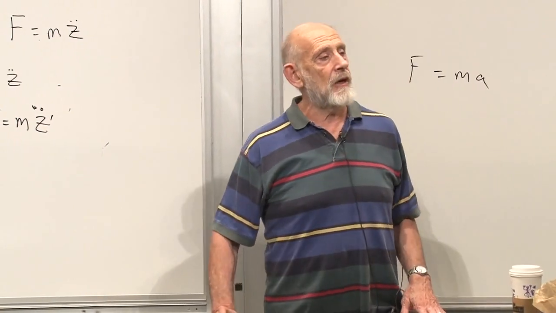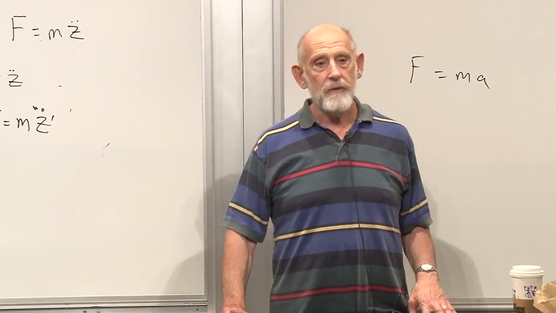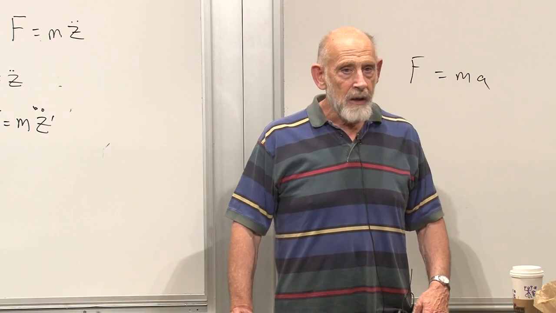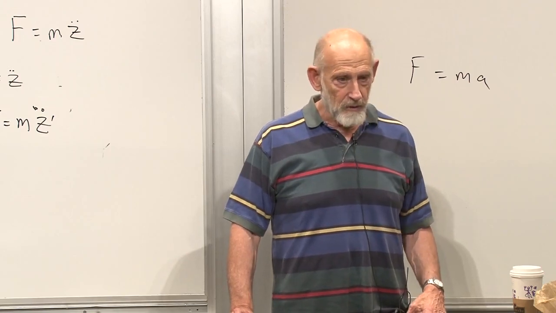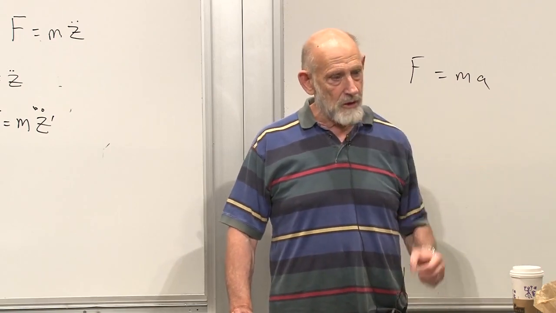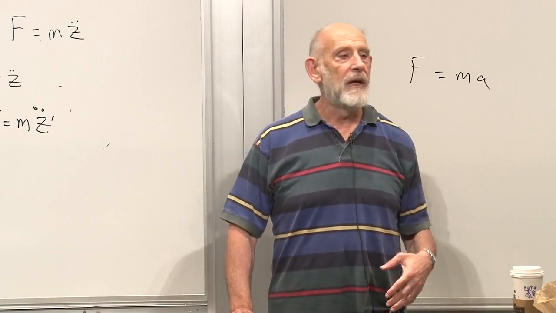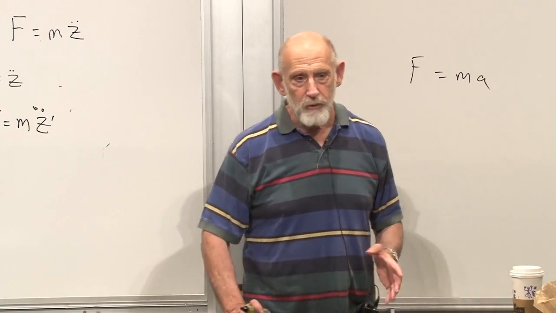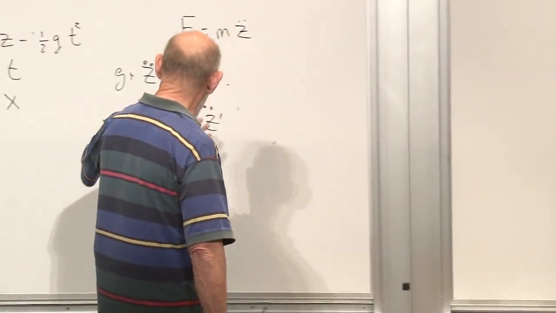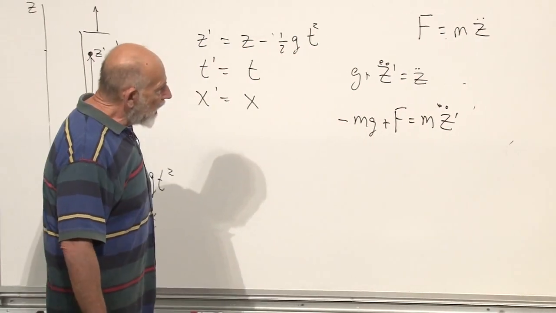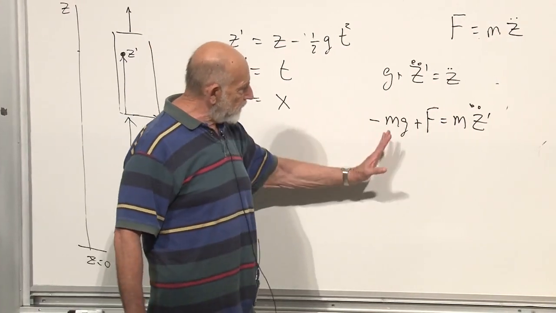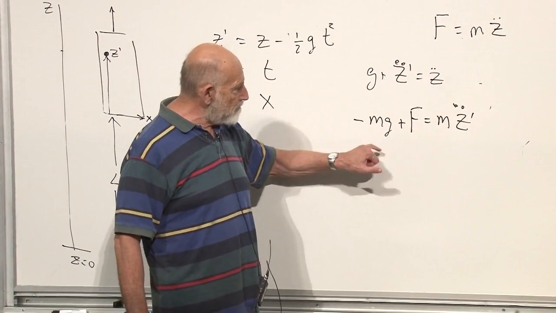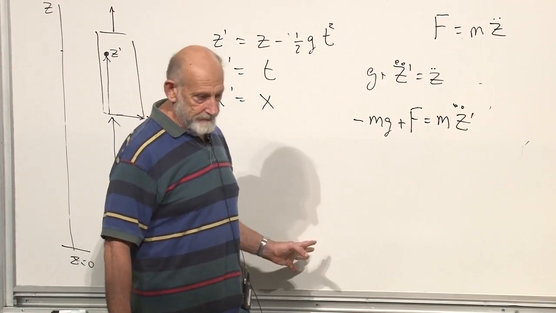An example would just be the motion of the Earth about the Sun is independent of the mass of the Earth. If you know where the Earth is at some instant and you know how fast it's moving, then you can predict how it moves without regard of what the mass is. All right, so here's an example of a fictitious force, if you want to call it that, mimicking the effect of gravity.